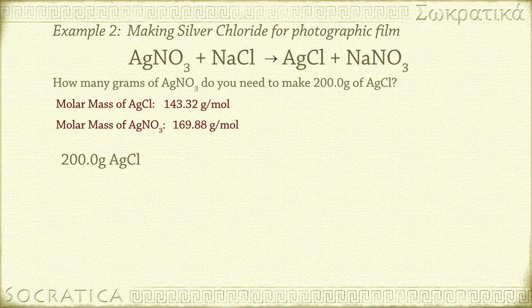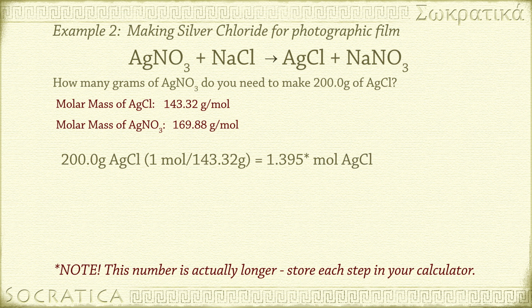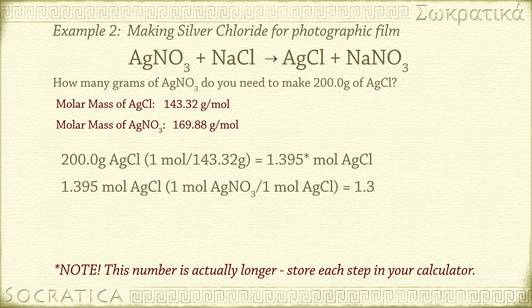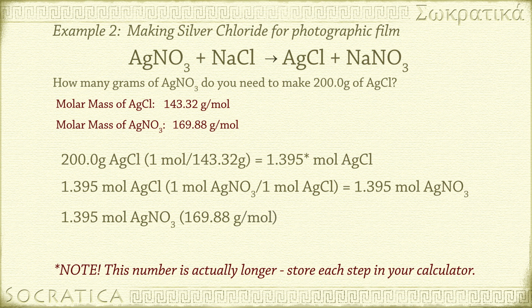200.0 grams of AgCl. Use the molar mass to convert to moles. So we multiply by 1 mole over 143.32 grams equals 1.395 moles of AgCl. Using the balanced chemical equation, 1.395 moles of AgCl times 1 mole of AgNO3 per 1 mole of AgCl equals 1.395 moles of AgNO3. Now we'll convert back to grams. 1.395 moles of AgNO3 times 169.88 grams per 1 mole of AgNO3 equals